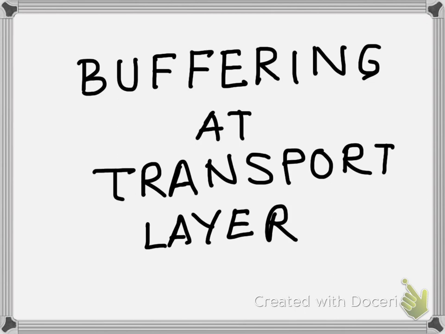So to keep a balance, the transport layer stores the data that it receives from these layers into its own buffers. A buffer is nothing but a space, a memory location where these segments will be stored. So let us see some concepts about buffering at the transport layer. If we look at the sender side,